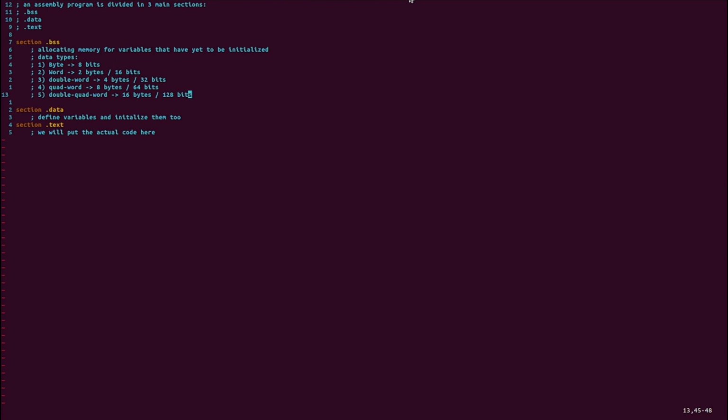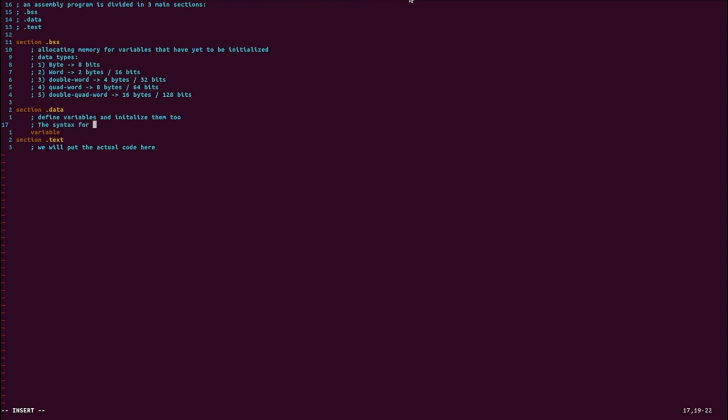And now that we know the storage sizes that we will use in our assembly programs, let's see how we can initialize variables with a specific data storage size. Let's first cover the section .data. Let's suppose we want to initialize, for example, a variable of the size of a byte, so just 8 bits, and assign to it maybe a number. How can we do this? Well, we can call our variable, let's call it variable, and then inside the data, let's put a comment here, and the syntax